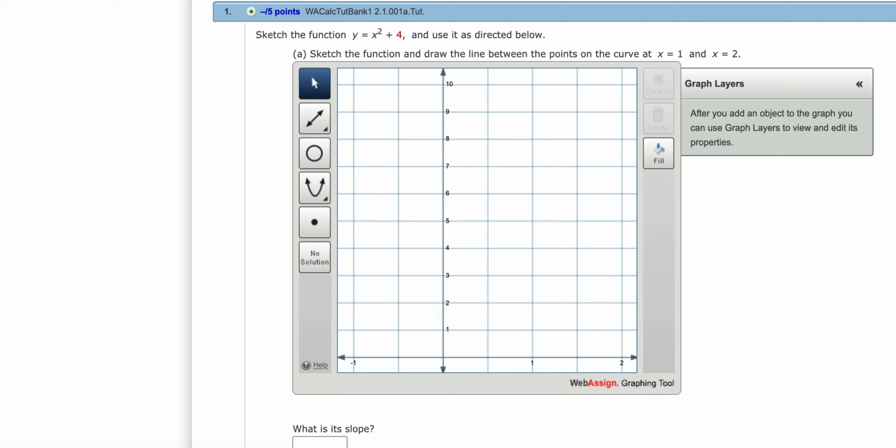In this video, I'll demonstrate how to plot a parabola using Webassign's graphing tool. And we also want to plot a line that touches 2 points on the parabola. Now, Webassign is very picky about this question, and a lot of people ask me, how do you enter it